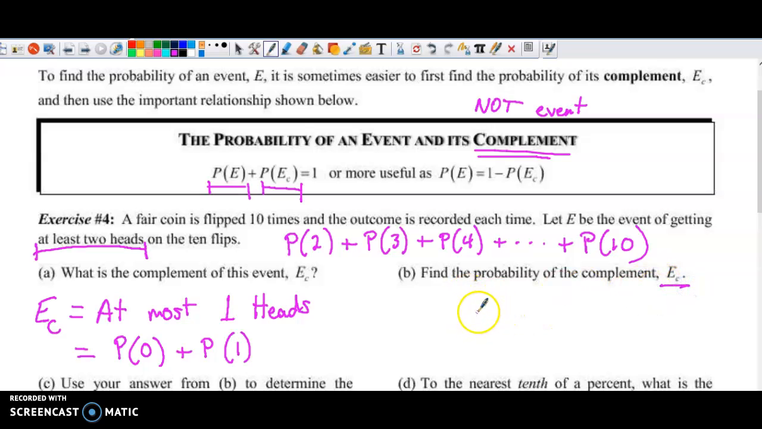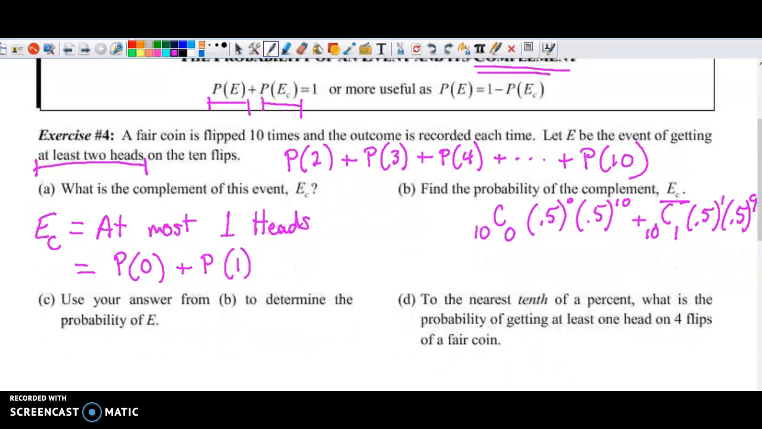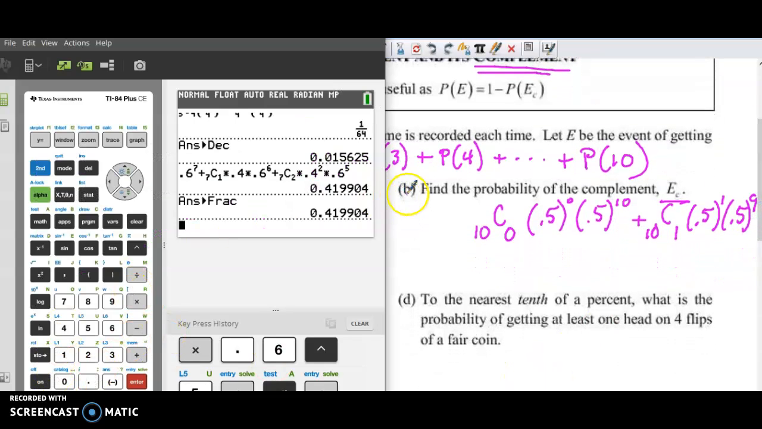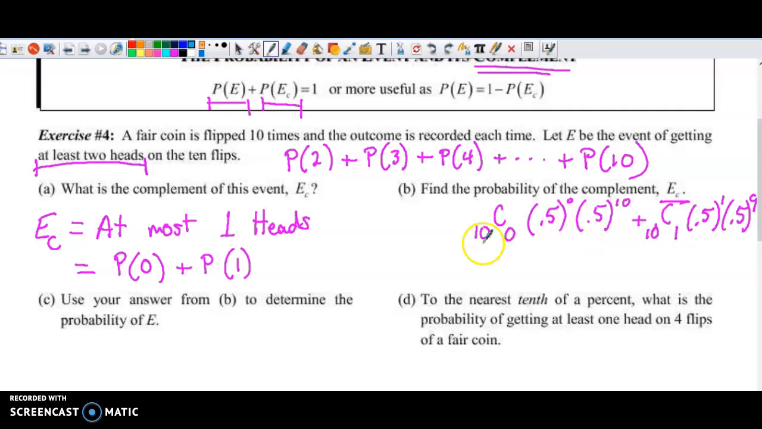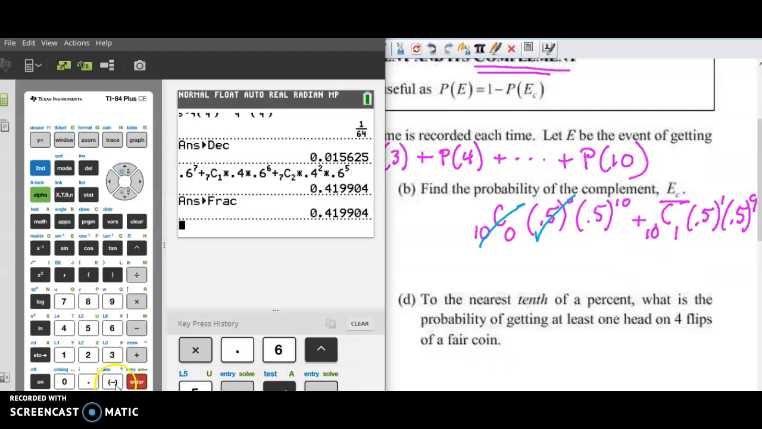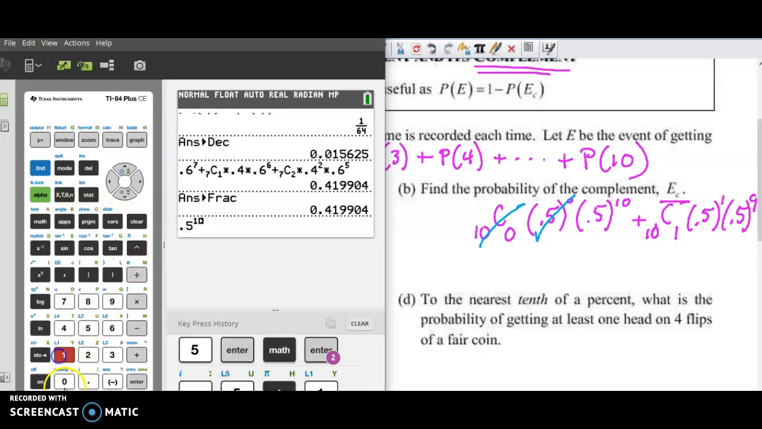That would be, let's see, 10 flips combination. We want 0 heads, got a 50% chance of getting a heads, and then a 50% chance of getting tails. But then you have to do the 1, 10C1, 50% chance of getting a heads with a 50% chance of getting a tails. And then you could go to the calculator to get that probability. And again, there's some shortcuts here, like this thing would be 1, this thing would be 1. So it'd be faster if you just did 0.5 to the 10th power and then plus